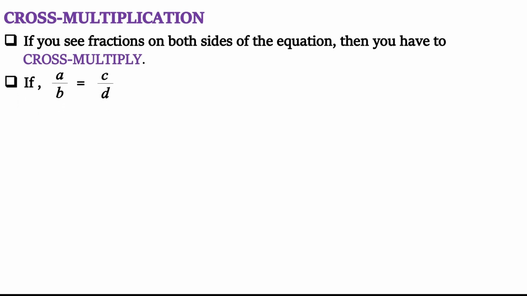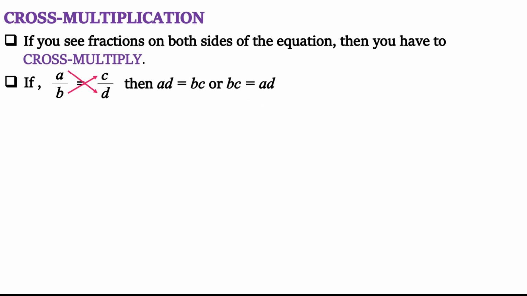Let us see. Suppose I have a upon b is equal to c upon d. Now I have to cross multiply, so I have to mark a cross. a will match with d and c will match with b. a will cross and come down to d, that means a and d will be multiplied. Cross multiply means we cross and multiply a with d and b with c, and both terms will be written in the numerator. So it will become ad is equal to bc.